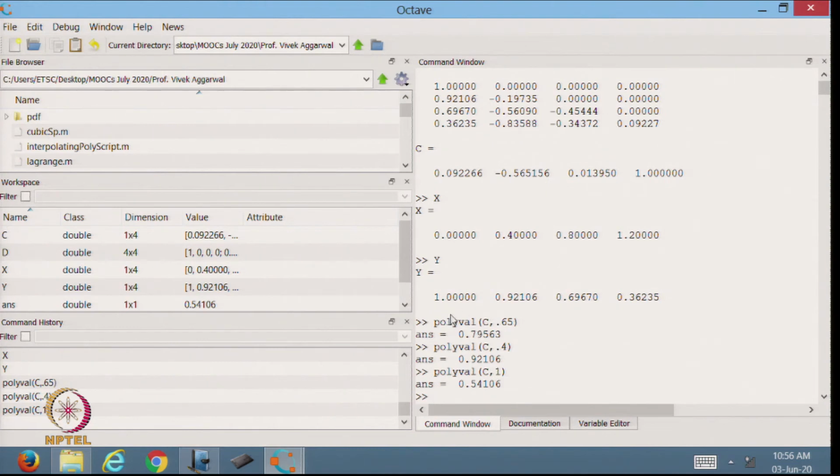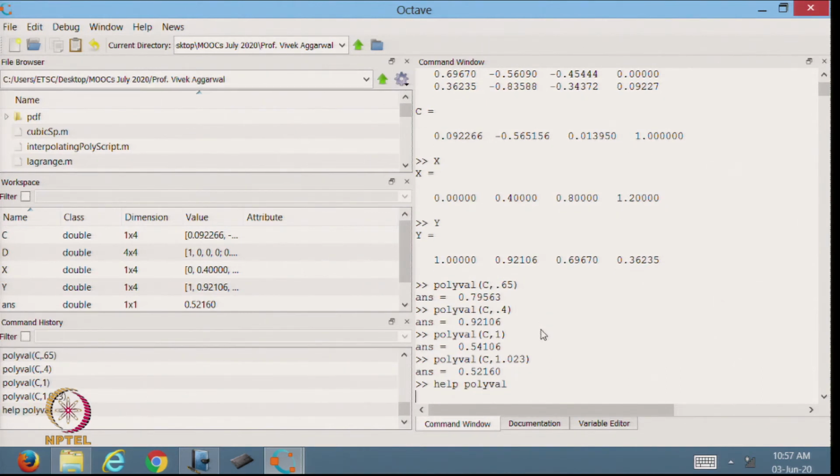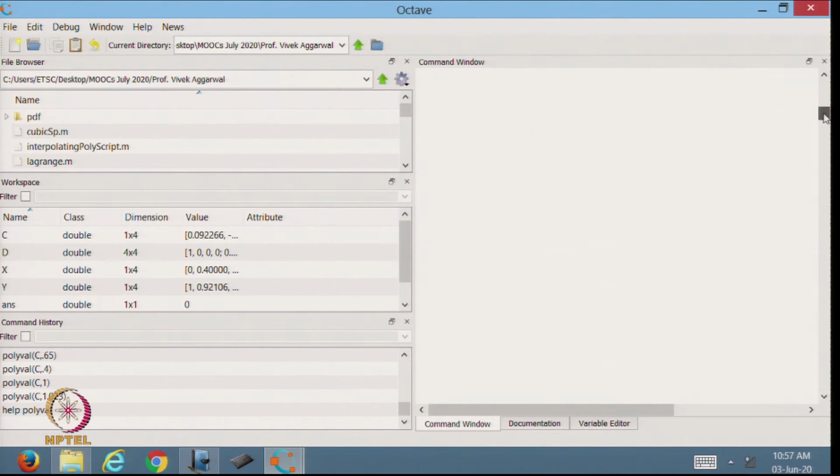Polyval is the polynomial value. That c is my polynomial, and I want to evaluate its value at 0.65. That gives the value 1.023. And if you want to see the meaning of polyval, you can write help polyval.